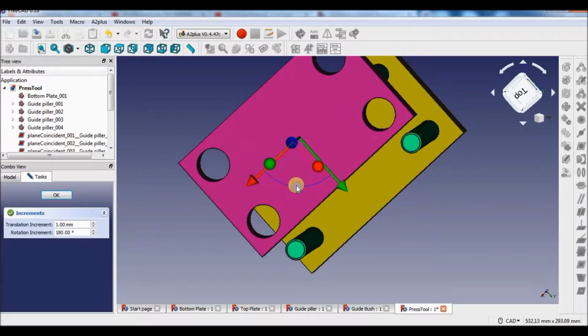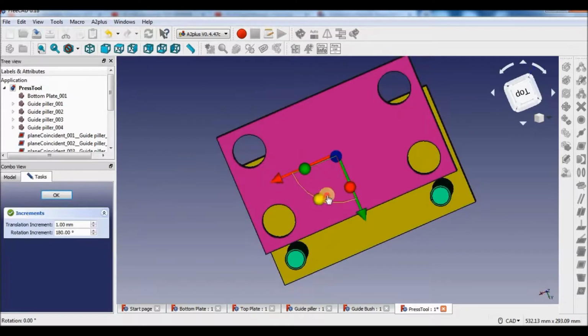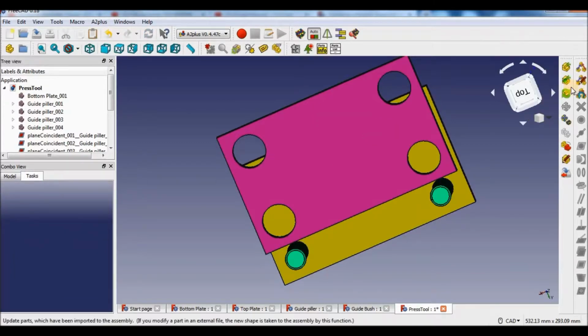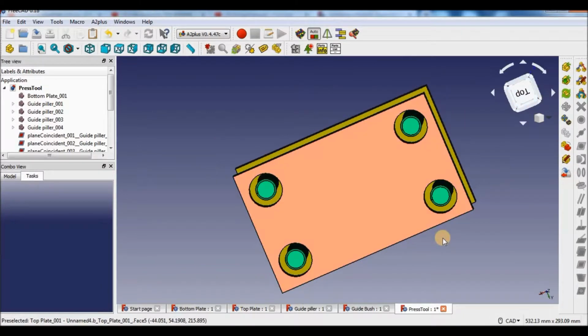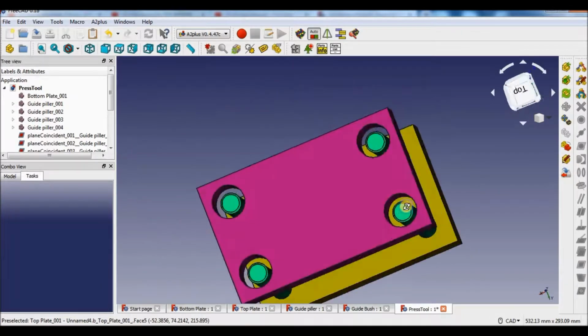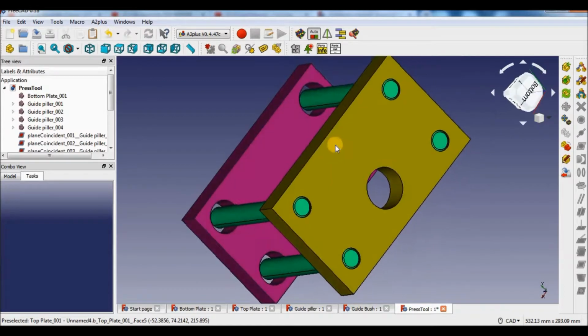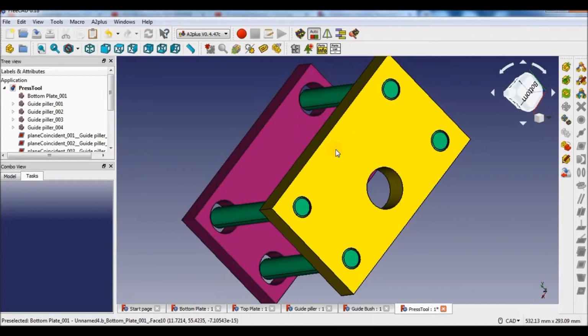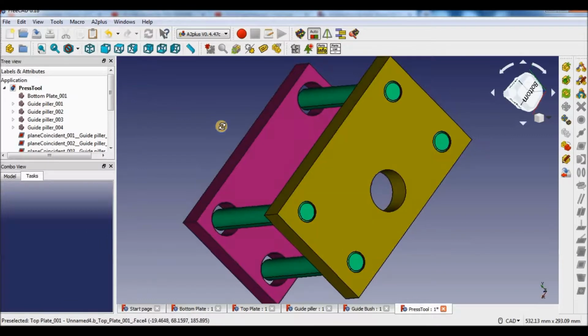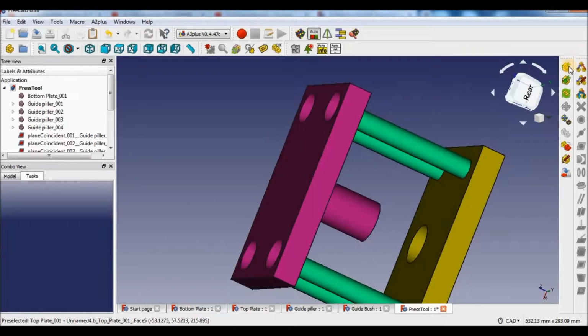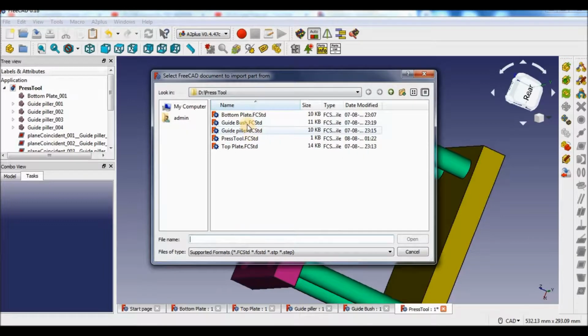Rotate this plate by 180 degree. As you can see, the top plate is rotated. Now we'll import guide bushes.